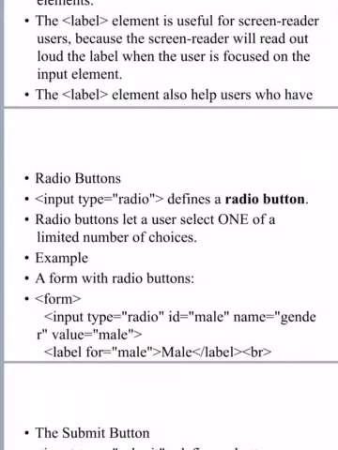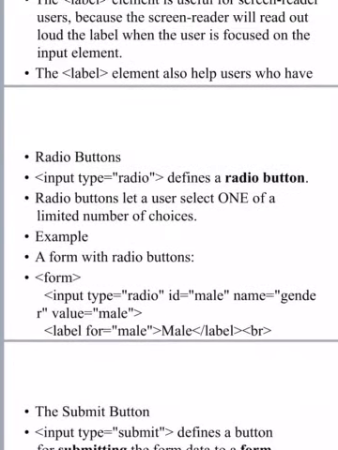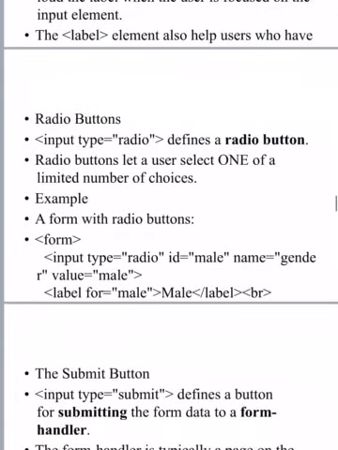You have radio buttons. So instead of input type equal to text, what do you write? Input type is equal to radio. If you are using checkboxes, you will write input type is equal to checkbox. If you write radio, it defines a radio button. What actually is a radio button? A radio button is a simple thing. You'll get a small circle followed by some text. And when we give radio buttons, the user selects only one.